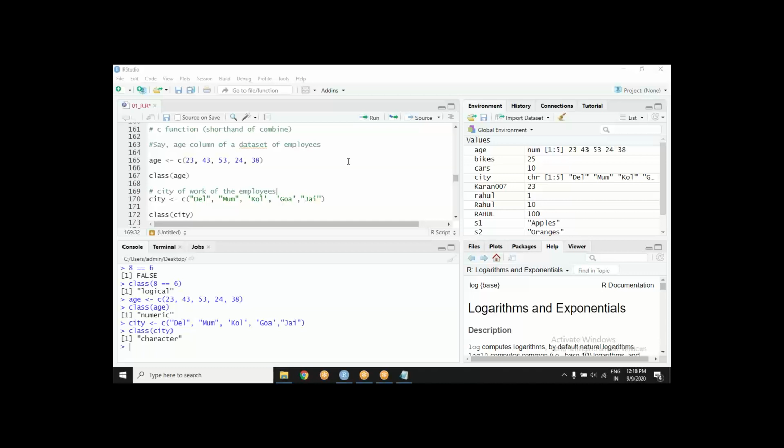Isn't it possible? So there can be a logical column also, no? They are just responding by true and false there.